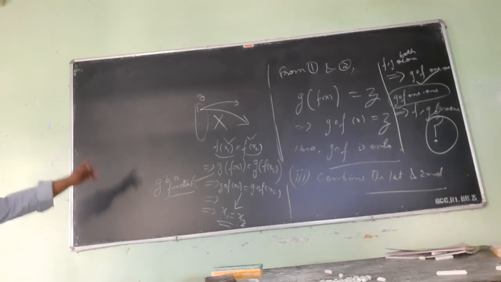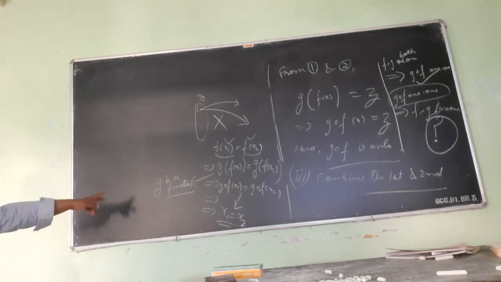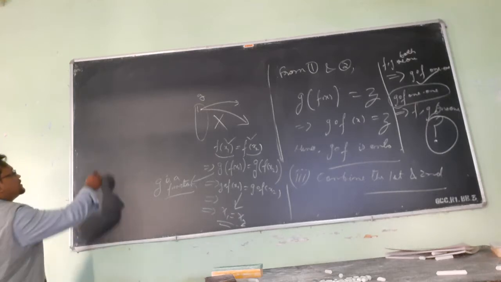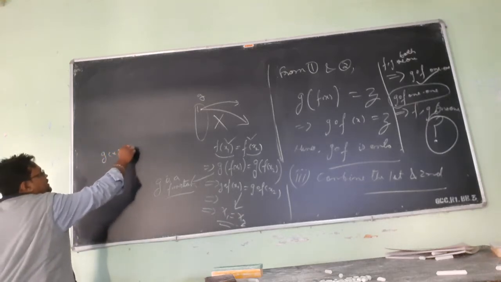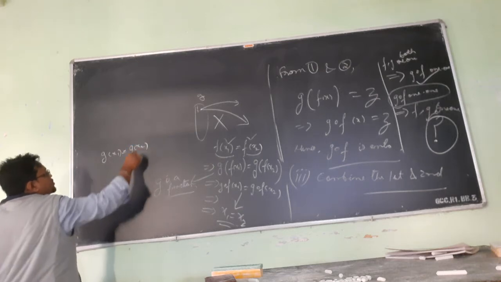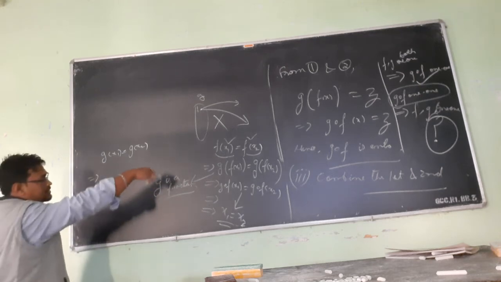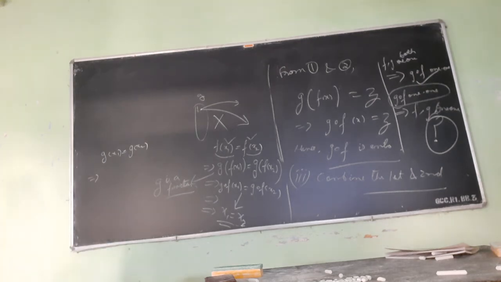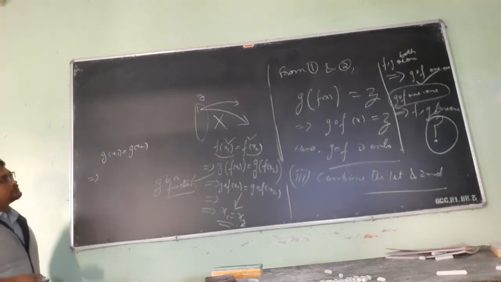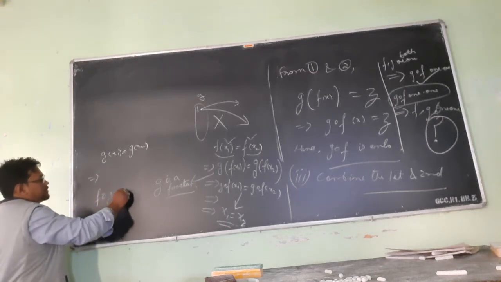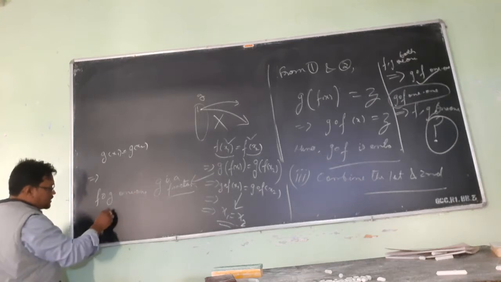So we can conclude that f is one-one. If gof is one-one, we can conclude that f is one-one. But what about g? Can I conclude that g is one-one? If I start with something like g(x1) equal to g(x2), it seems that I cannot get this type of thing. But you have to produce some examples. If fog is one-one, then I can conclude that g is one-one. Yeah, that's the same thing.